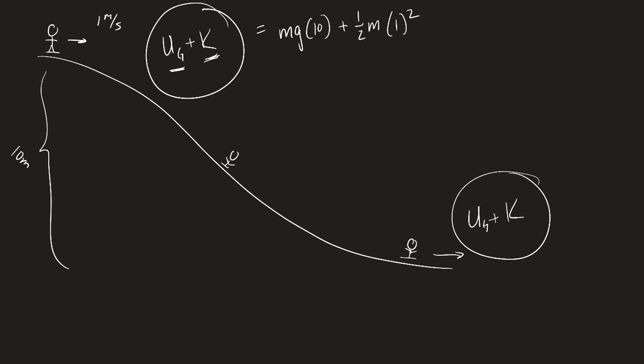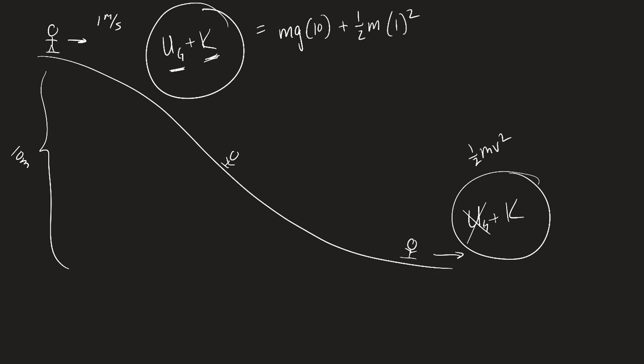Is the object above the reference level? No. It's at the lowest point in the problem. It has no gravitational potential energy. Now here's the thing. Do you know if he's moving or not at the bottom of the slope? You don't really know. But you have to ask yourself, where would that energy go if it wasn't into kinetic energy? You follow what I'm saying? The energy has to go somewhere. So if there's nothing else to take that energy, all that energy must be kinetic, which means, yeah, he's probably moving. And actually, he's probably moving pretty fast.